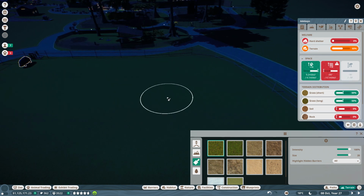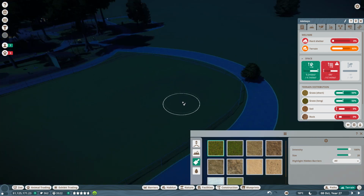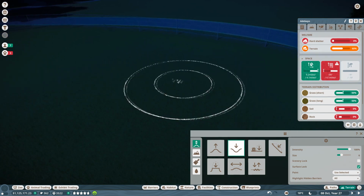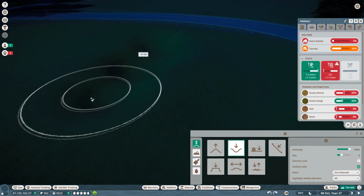All right, so let's stop that for now. They need 4 miles of water, and we have 9.2 miles of walkable land. So basically, if we just split this thing in half, we'll be able to get them a bit of a pool. So let's just lower some ground here